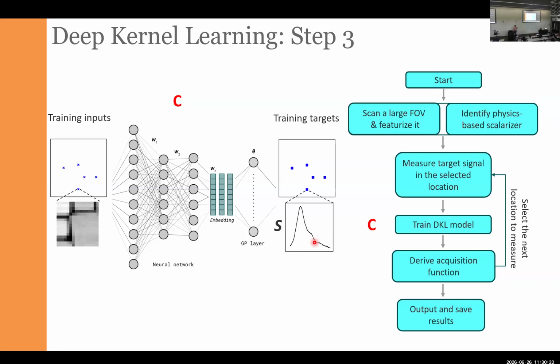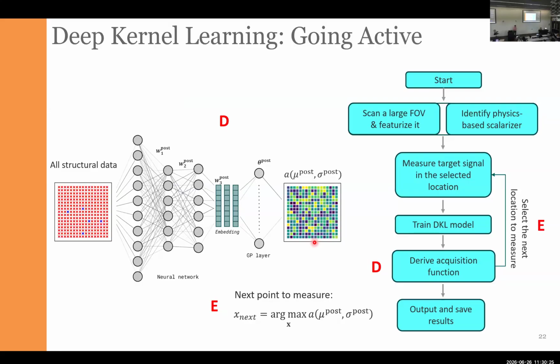You train this model, and once the model is trained, you can apply it to all remaining patches. So what we've done, we created a surrogate model that builds the relationship between the patch and the spectrum. When we apply it to all patches, for all unmeasured points, we have prediction and uncertainty. We have prediction because this is the configuration of our model. We have uncertainty because this is the Gaussian process on top of the